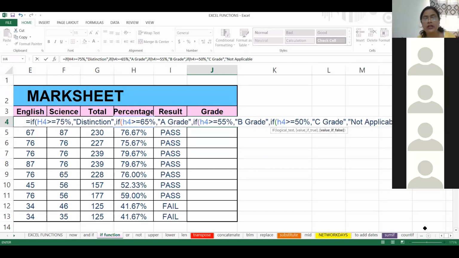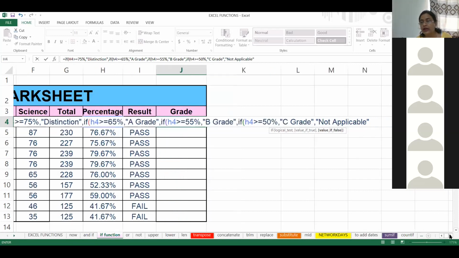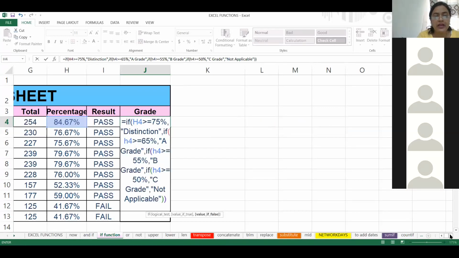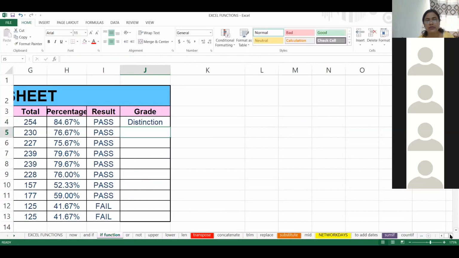All this you have to write in the result. You have to write it in double quotes because this is text. If there is any calculation, you don't need to write it in double quotes, simply you have to calculate. So make sure you write as many closing brackets as there are opening brackets. You can see when I close it, the colored bracket will be highlighted. Green is highlighted, purple is highlighted, red is highlighted, and black is highlighted. Distinction.